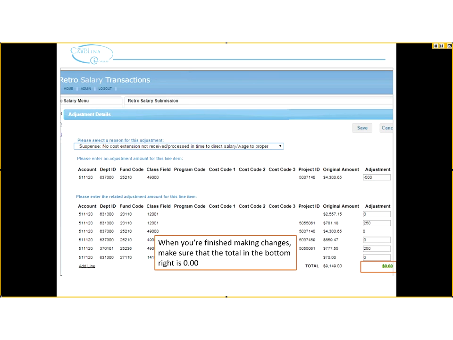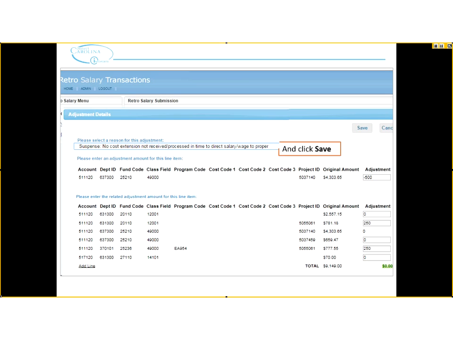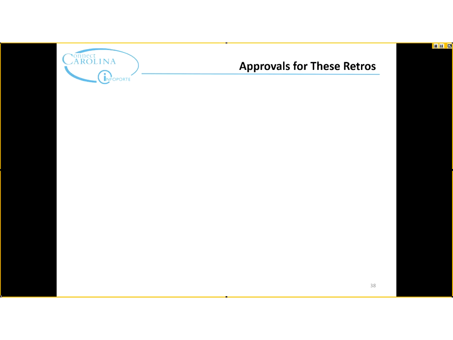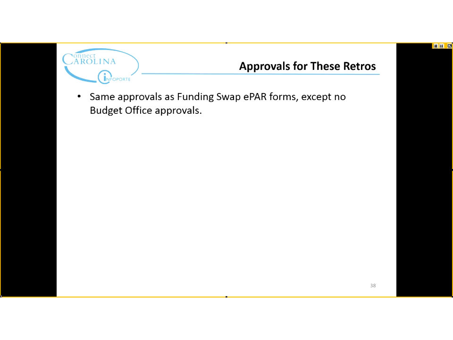So you choose your reason. You're going to make sure that in the bottom right corner you are netting zero, because remember, we can't give a raise or pay cuts. We're just swapping funding. All right, so once it's at zero, you'll click Save, and then that will submit it